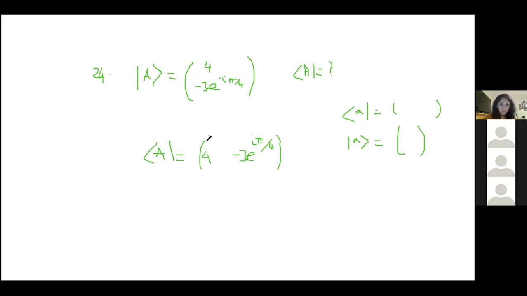Okay, so is everybody happy with bra ket notation and conjugate transpose? I think there would be other questions that would consolidate this for you. So if that's all good, then we can move on. Okay, people say yes. Okay, awesome. So let's move on to complex numbers then, because we're doing complex numbers now.